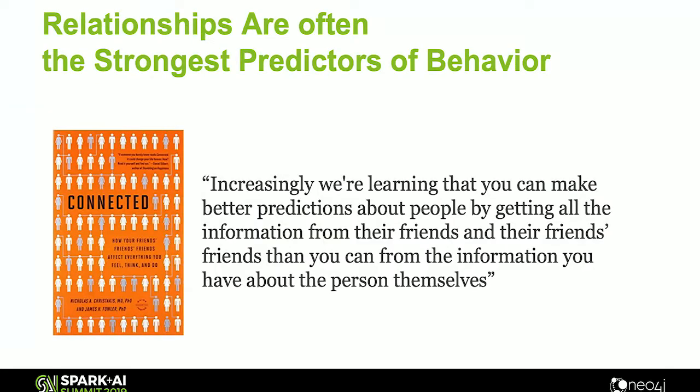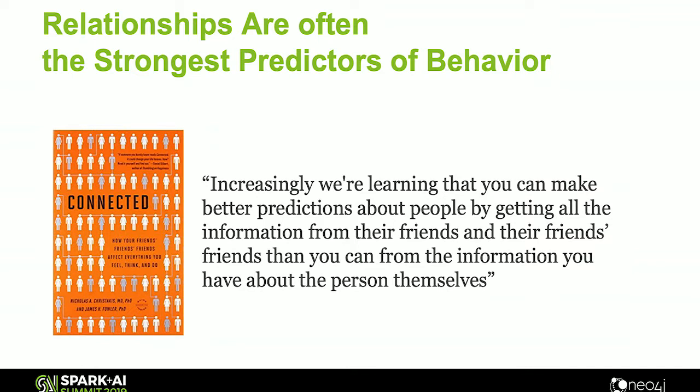These two scenarios are actually based on research that was in this book. There's actually several books about connections. But what we find when we look at relationships is they're often the strongest predictors of behavior. So if you think about trying to estimate whether an individual might be a smoker, it's actually more predictive that their friends either do or don't smoke than some demographic income level where they might happen to live. Well, it's not too hard to believe. That kind of makes sense.